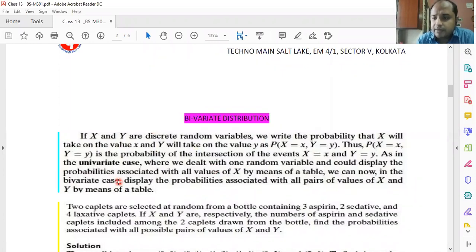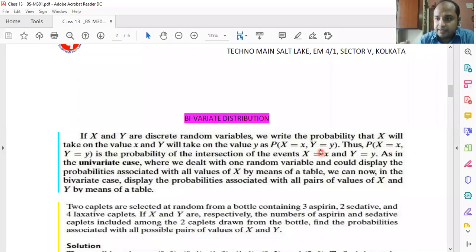So what is the bivariate distribution? If capital X and capital Y are discrete random variables, we write the probability that capital X will take on the value small x and capital Y will take on the value small y simultaneously. Capital X and capital Y are taking two different values, small x and small y, and we are considering the joint probability. This probability is called the joint probability. Both the probabilities are considered